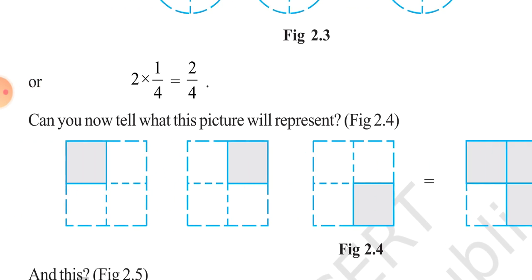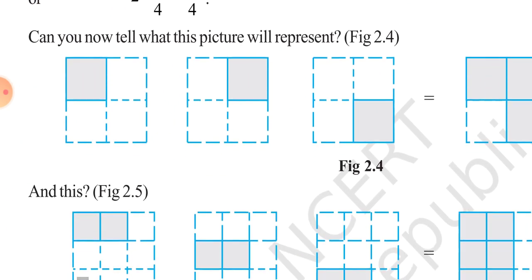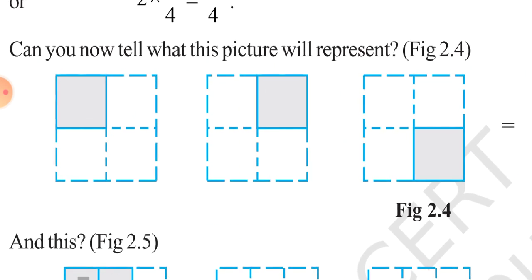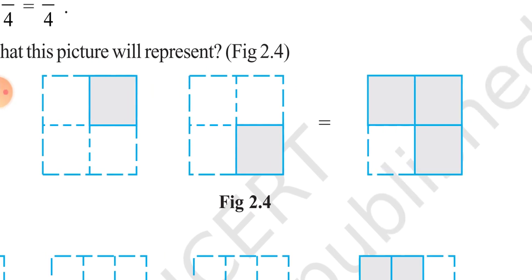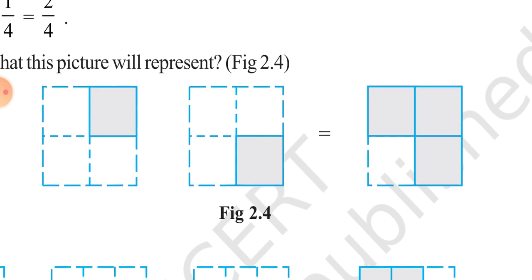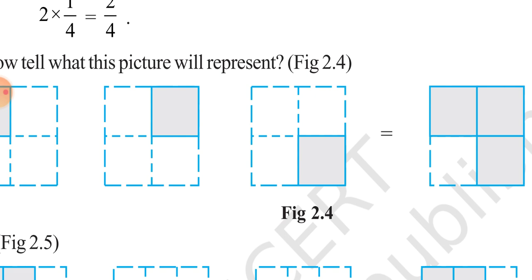Similarly here, each square is divided into 4 equal parts and each shaded part is equal to 1/4 fraction. Now total 3 squares are there, so it will be 3/4 of the total fraction. This is what is shown in the last figure. So students, this way you can calculate the total fraction which is shaded.